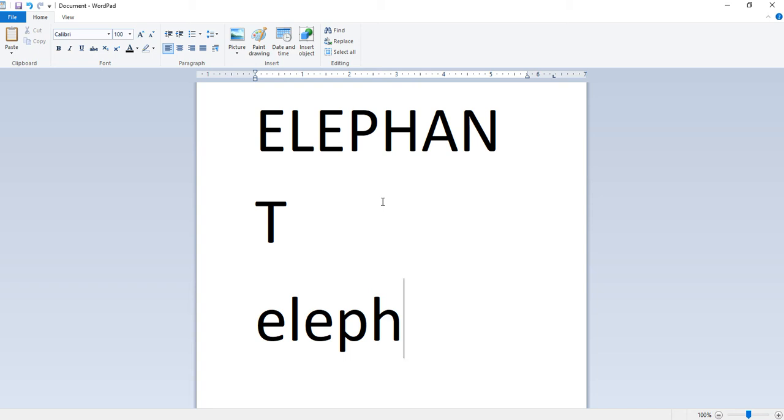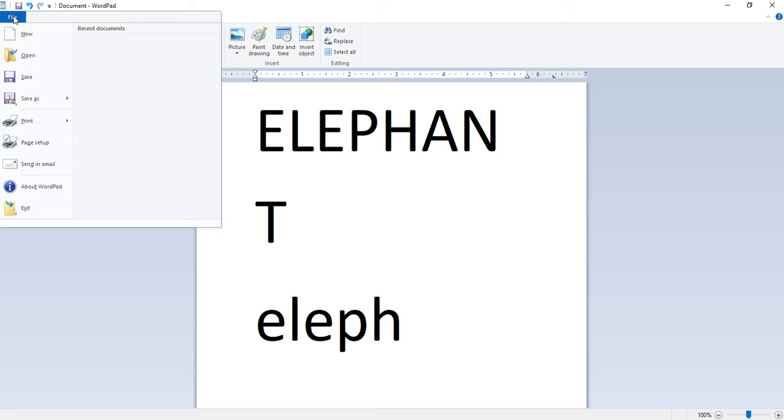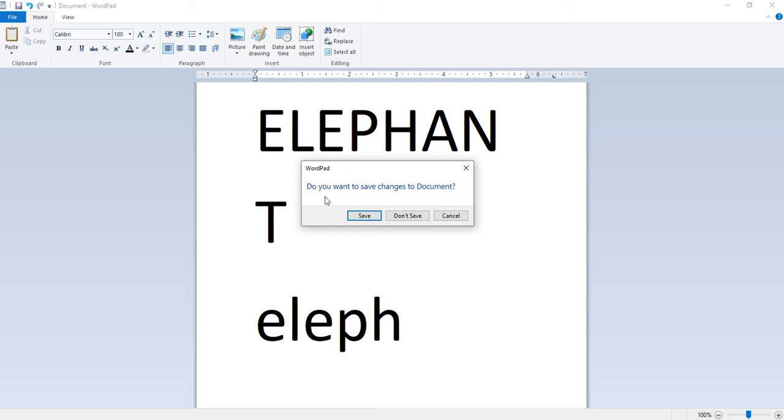Next is exiting WordPad. Exiting means ending the file, closing the file. Click on File, go to File again and choose the Exit option. If the document is not saved, WordPad will alert us with a box: do you want to save changes to the document?